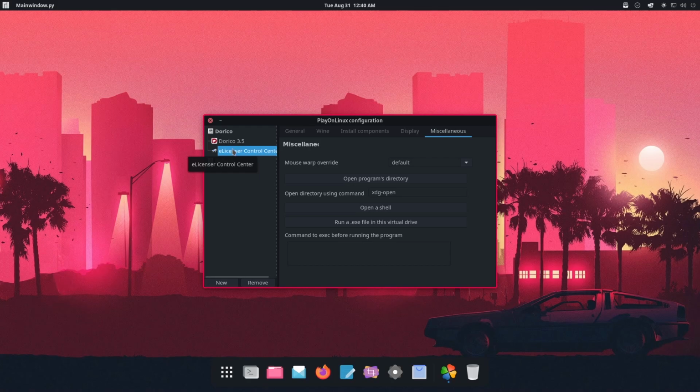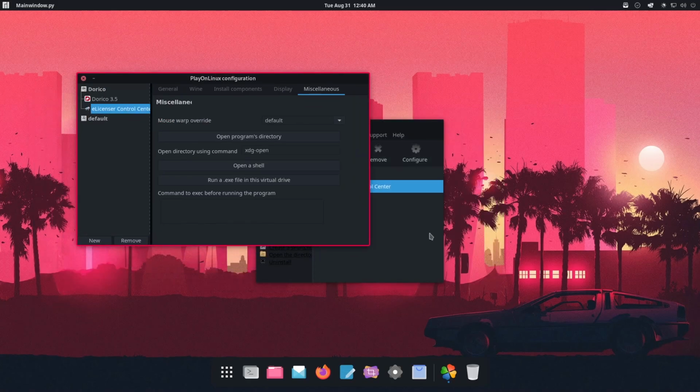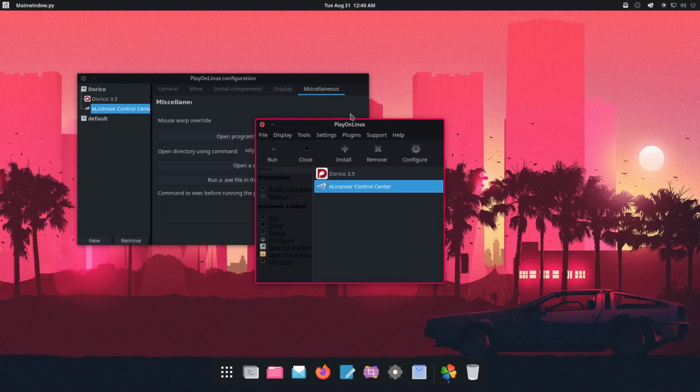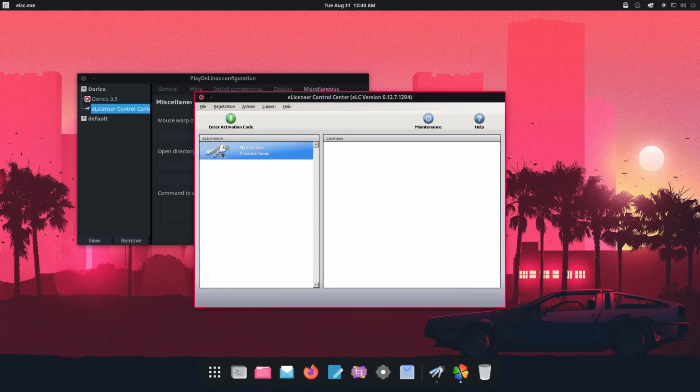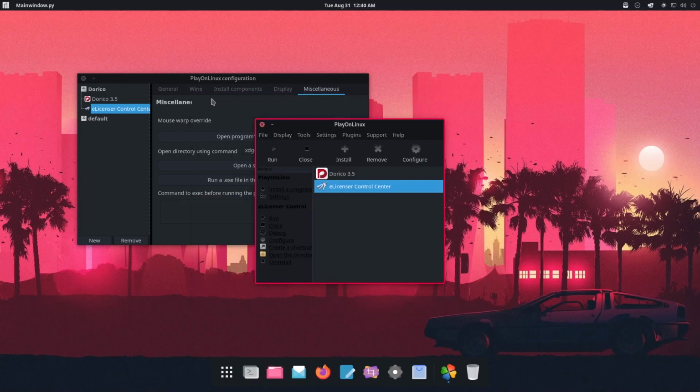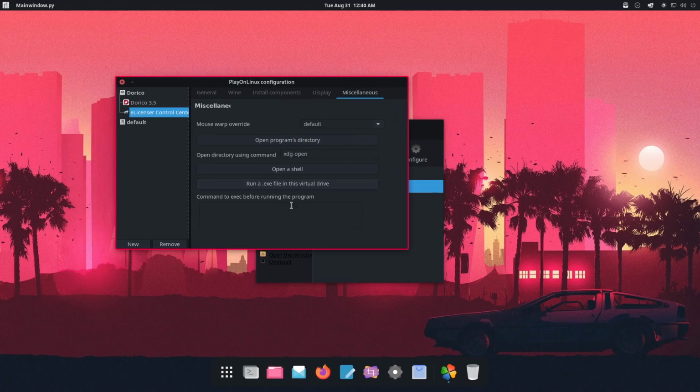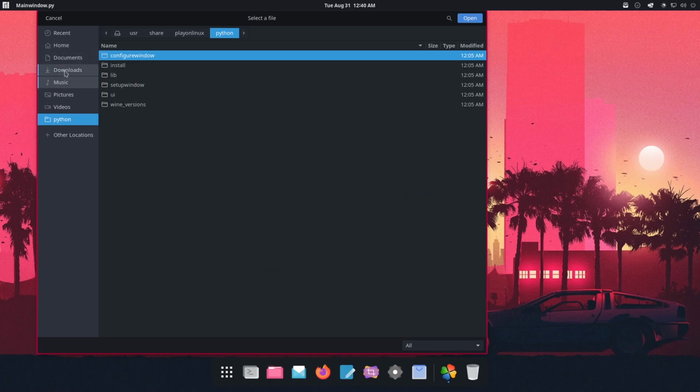All right, so now you'll notice, and I mentioned before, that when we run the eLicenser Control Center, there is no soft license. I don't know exactly why that is, but it's just part of the way it installs through Wine. It does not create a soft licenser, but we did download that nifty little program that will fix that for us. So once again, we're going to run an exe in this